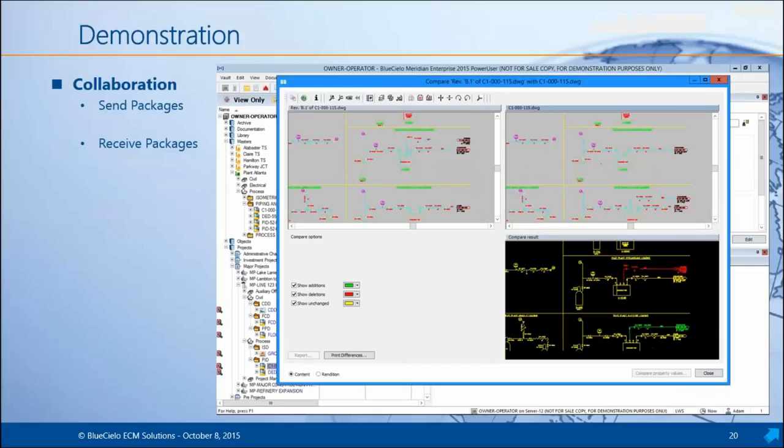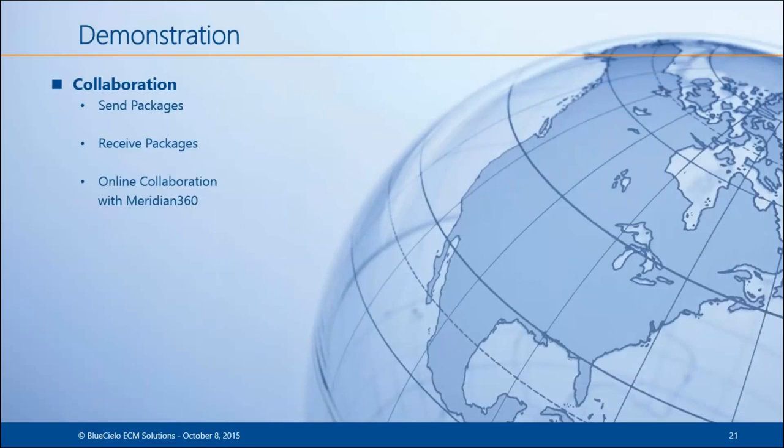Let's jump back to where we were. So that's an example of how we would receive a package of documents back. And of course, once they're back into our workflow, we can then pass them on to an internal review, and then of course release to master, and it becomes available for everyone. Other ways that we can collaborate, for example,